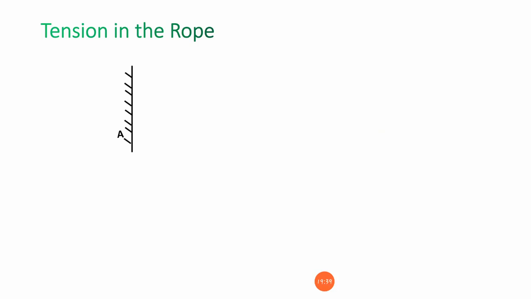So in this case, I have taken two walls and two planes, A and B. It is tied with a rope like this, and then the weight is going to act. Now, can you draw the free body diagram for this one? It means, what forces are going to be generated?